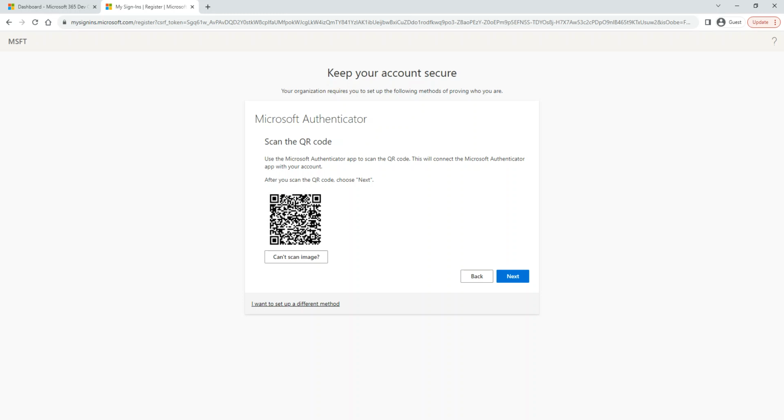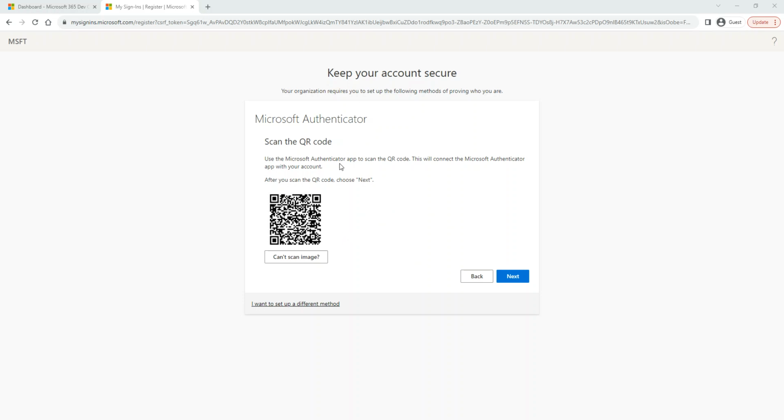Then I'm going to share my screen to show what it looks like. This is what my phone is showing me. I'm going to take you to what this screen looks like. Can you see my screen now? Yes. So this has a QR code. In your case, you have a QR code.